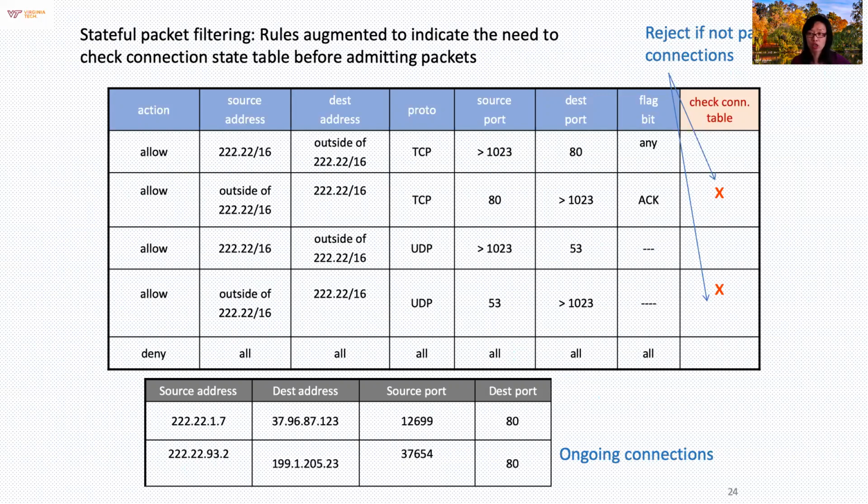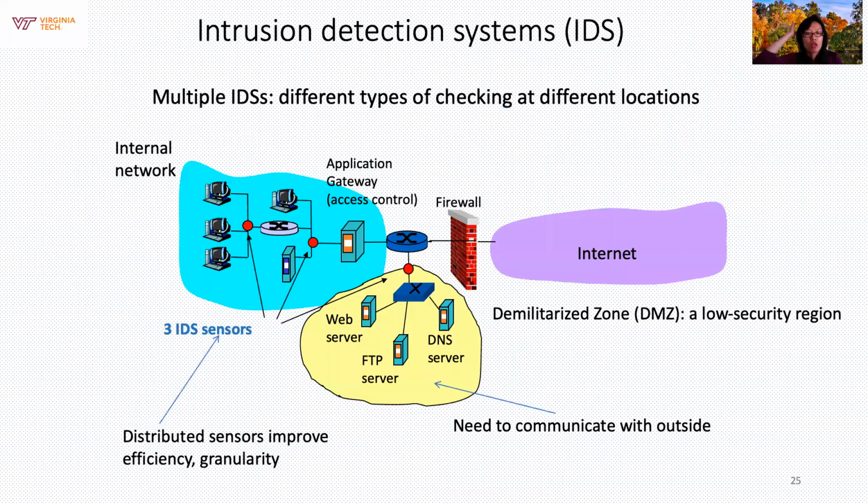And so whenever the internal client starts the connection, we enter an entry on the connection table, and then we have some responding, incoming traffic coming over, and we see, oh, this is making sense. And then the more you do this, the more you realize, okay, maybe we can do a lot more. One of them is called intrusion detection systems, IDS,